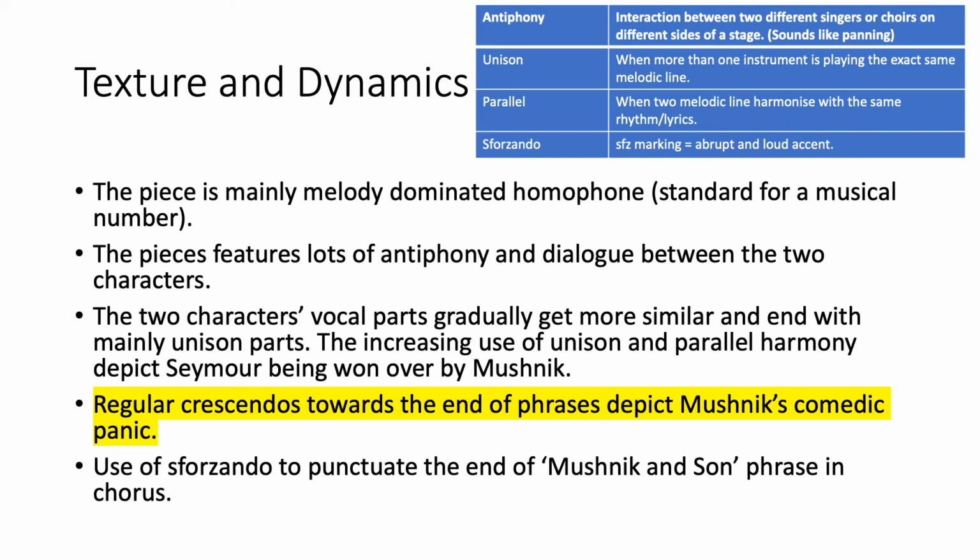The two characters' vocal parts gradually get more and more similar and end with mainly unison parts. So unison is singing exactly the same thing, effectively the same melody line. The increasing use of unison and parallel harmony depicts Seymour being won over by Mushnik. So the more similar the two different lines get, the more in tune with each other they're becoming on